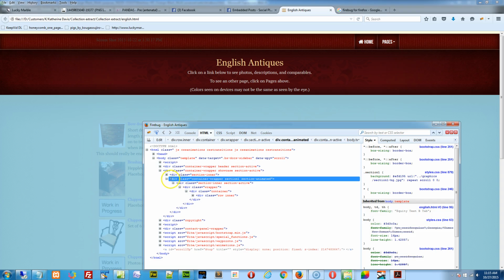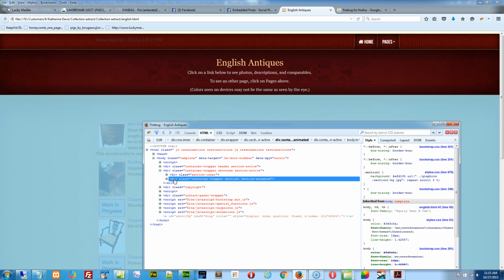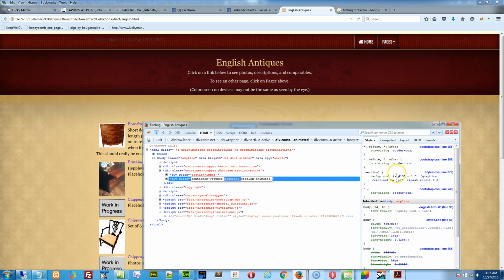Basically, usually for a background image or color, it's going to be the highest level div container, and usually it's going to start with a container wrapper. That's the generic name we use for our sections in the middle of the page, and then we add a class, which we're calling section 1. Here is the information for section 1. It's in the styles, line 879. And there's the background color, you see when I hover over it, and then there's the background graphic right there,